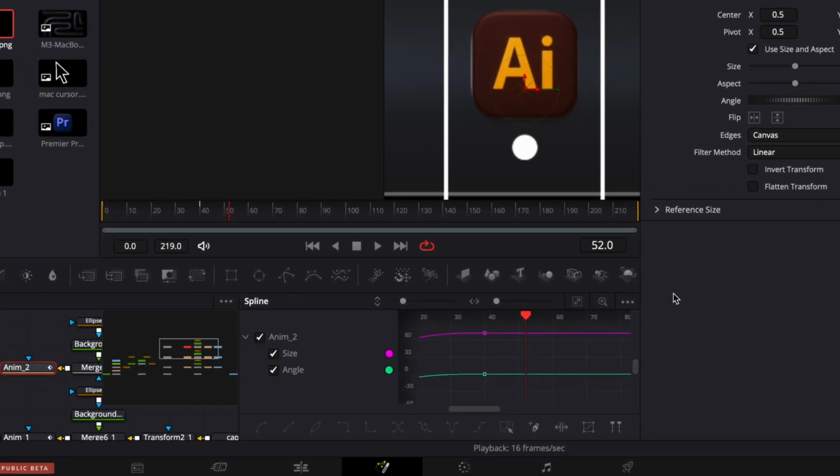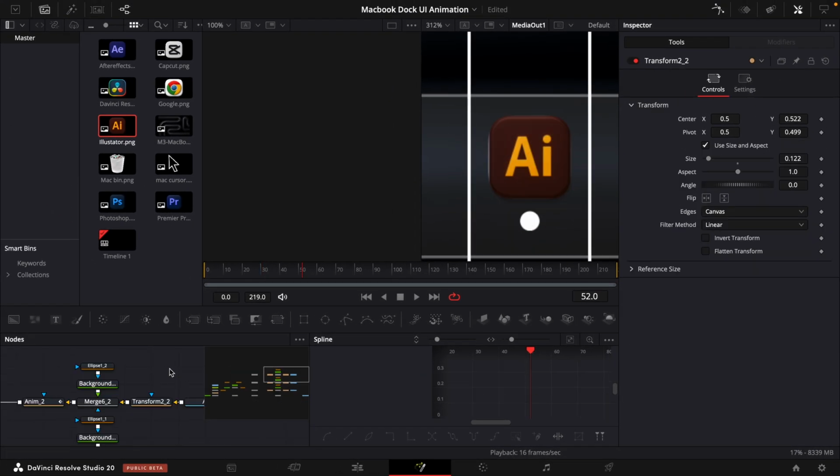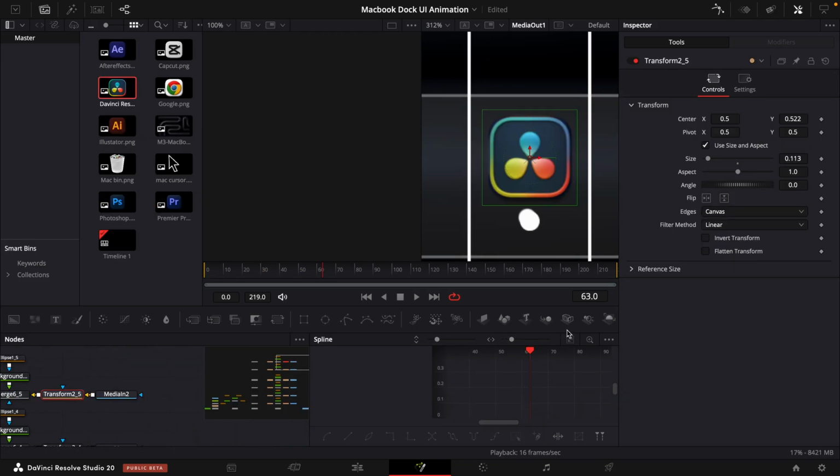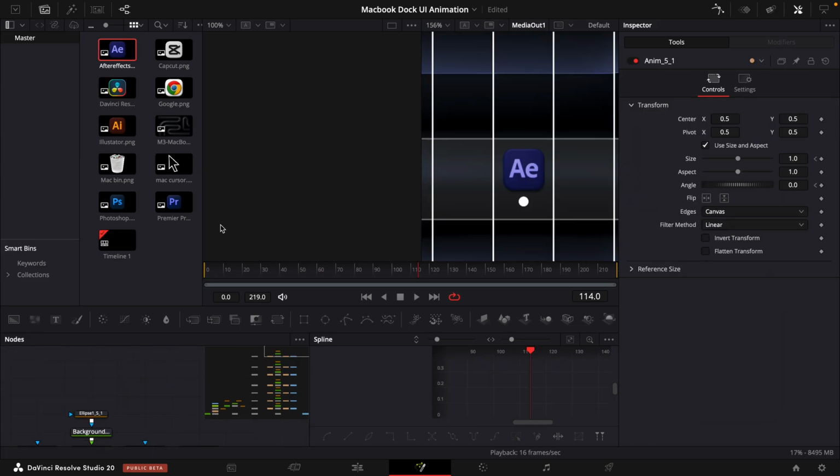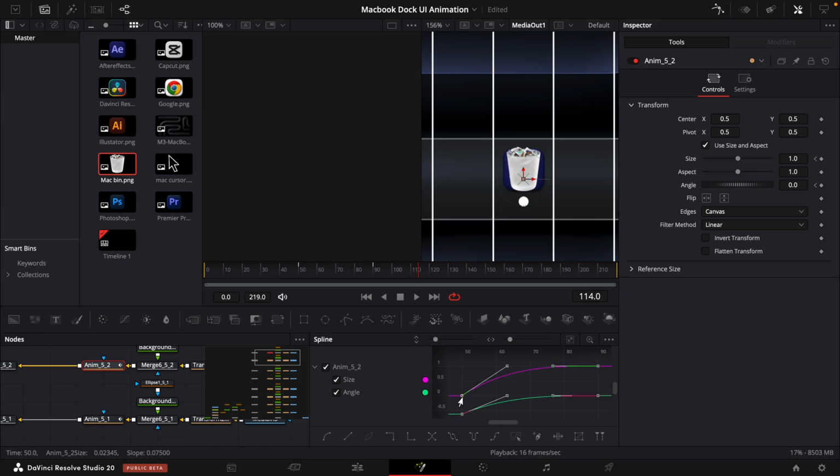And we'll just go into the animation here, zoom to fit, and then just highlight all keyframes and drag it 20 frames forward, and then we'll just add. Now we will just do the same for the rest of the logos, and it will be pretty straightforward, so you can just go ahead and do that. And now we have pretty much added all the logos. Just add the last trash bin. This one we'll just drag to frame 70.